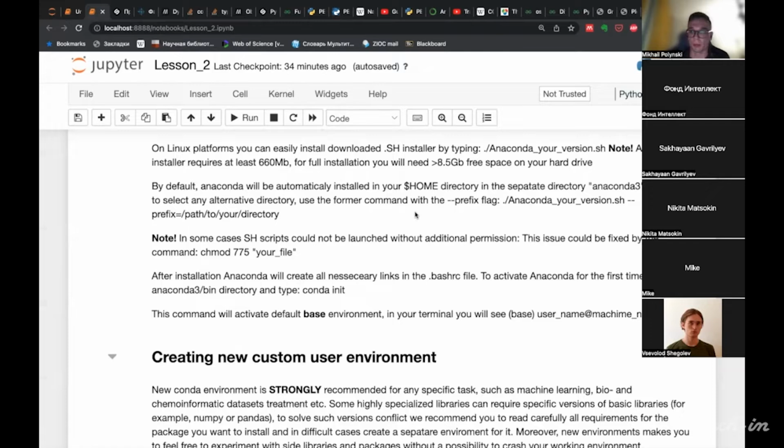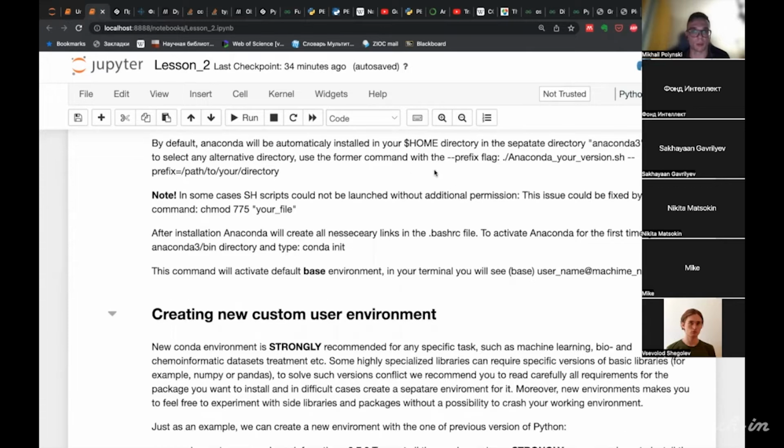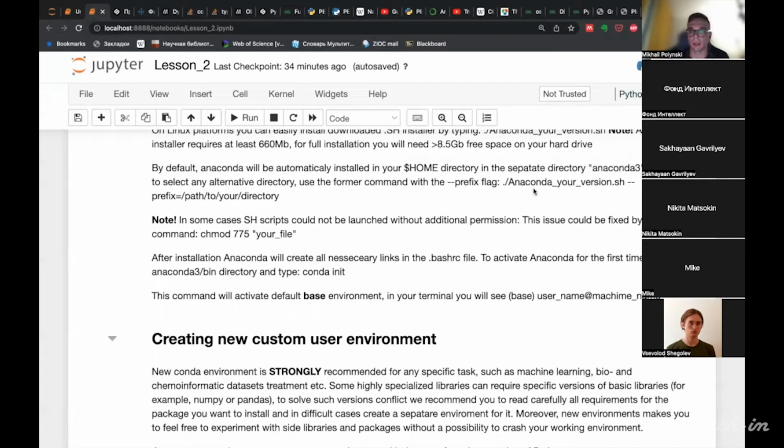Well, probably this won't be a default setting. However, we'll see. So if you are using Linux, sometimes shell scripts like the one provided by the Anaconda distributors cannot be executed without changing permissions.